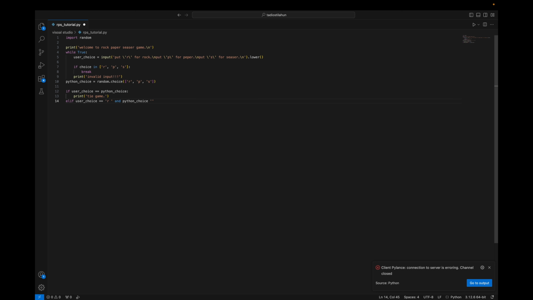Here we can say if choice is rock, and then if the person chooses rock, and if the Python choice is, let's say, scissors, we can say print